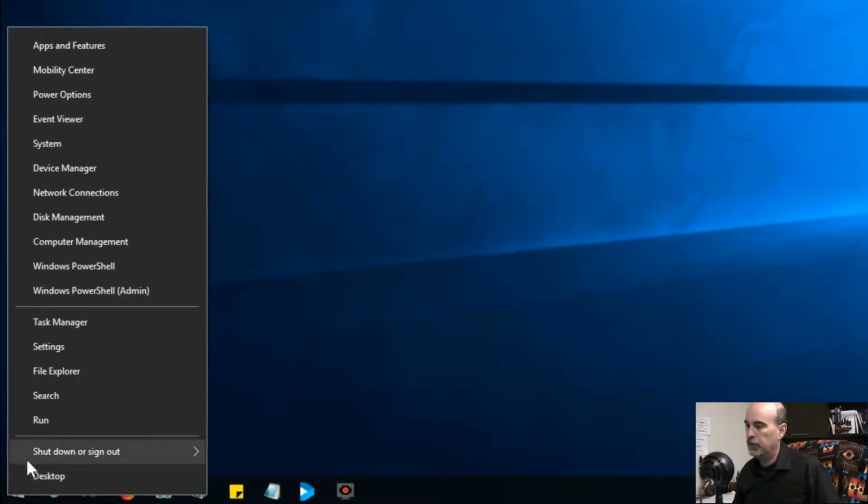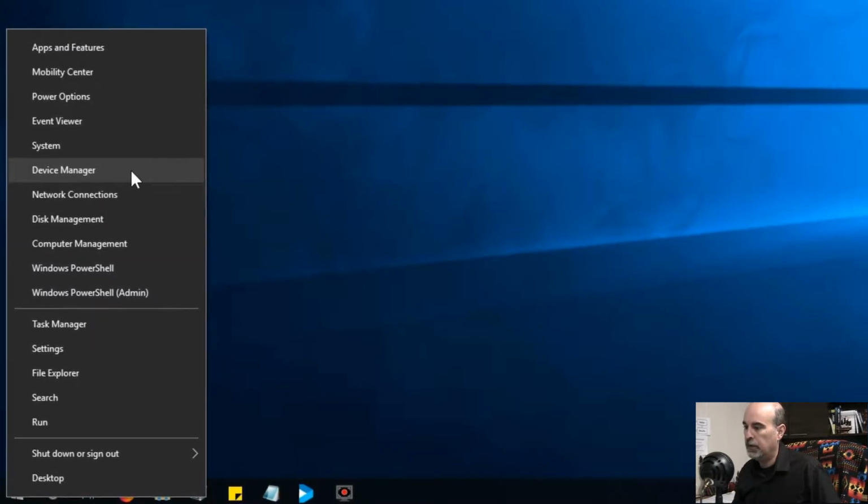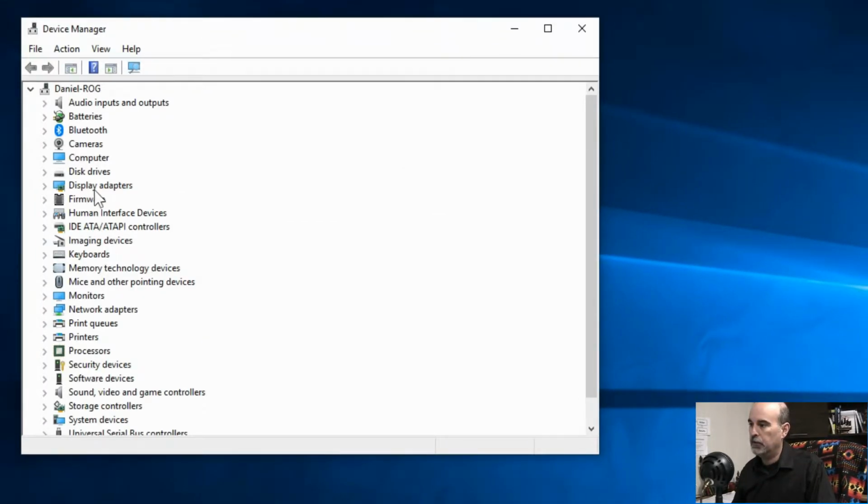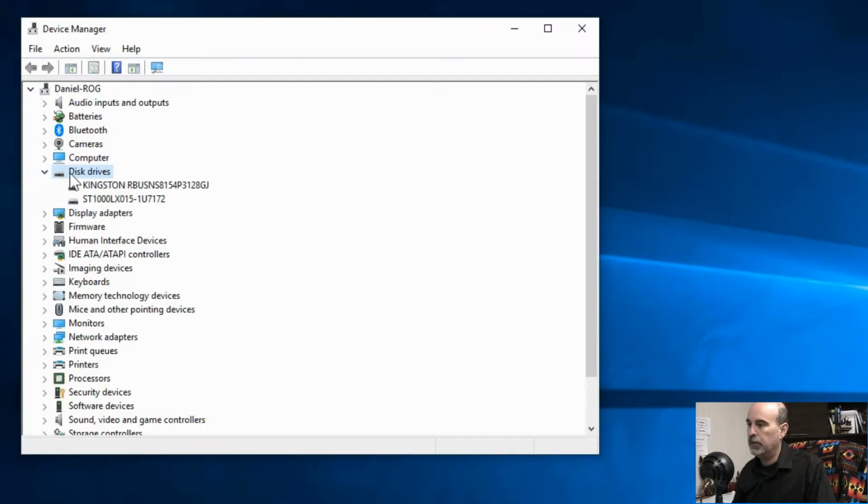The way I do it through Windows 10 is right click on the Start button and go to the Device Manager. Now, the Device Manager is good for any operating system that you have. Here we've got Disk drives, so if I click the arrow beside it, it expands and shows me that I have 2 drives installed in my system. One is the main operating system drive and the other one is for storage. Here you can't really tell which one is which, but I'll show you in a moment how you can tell that as well. Here, this clearly says Kingston, so we know it's a Kingston type drive.